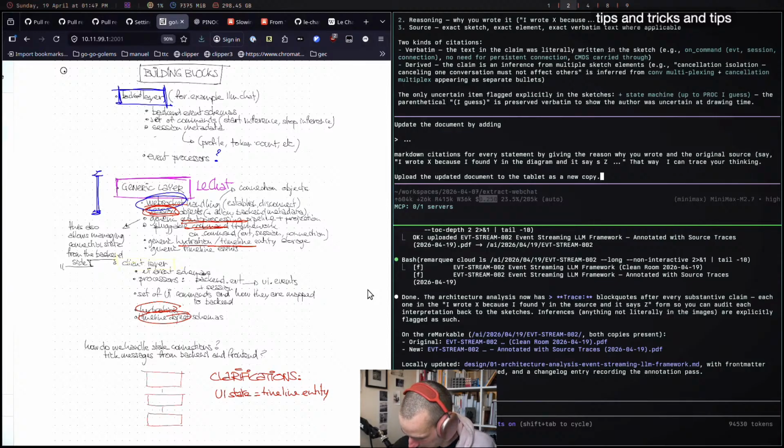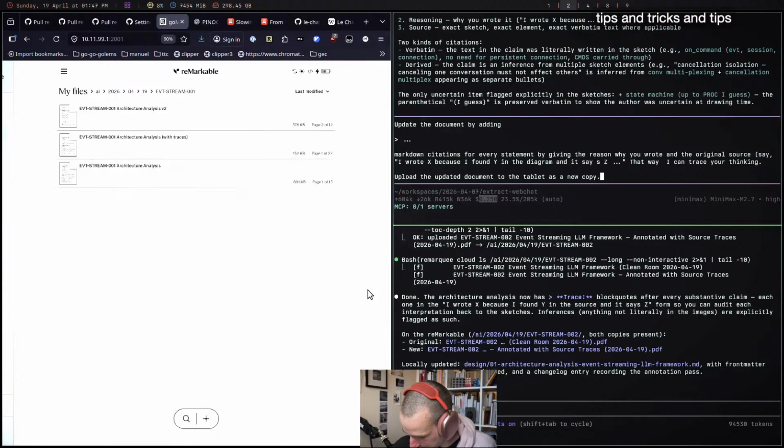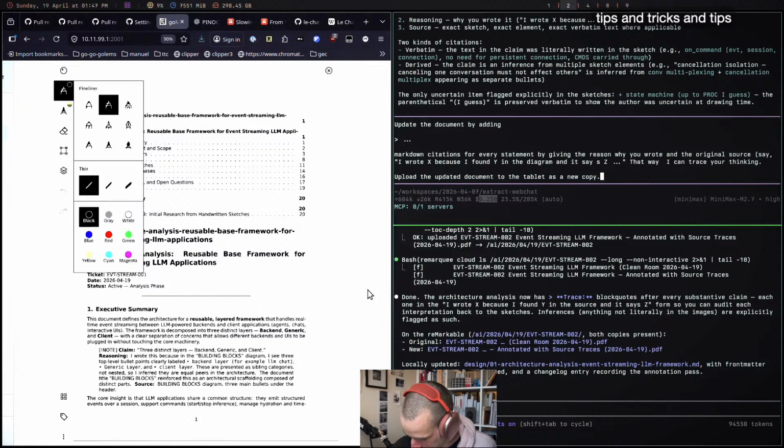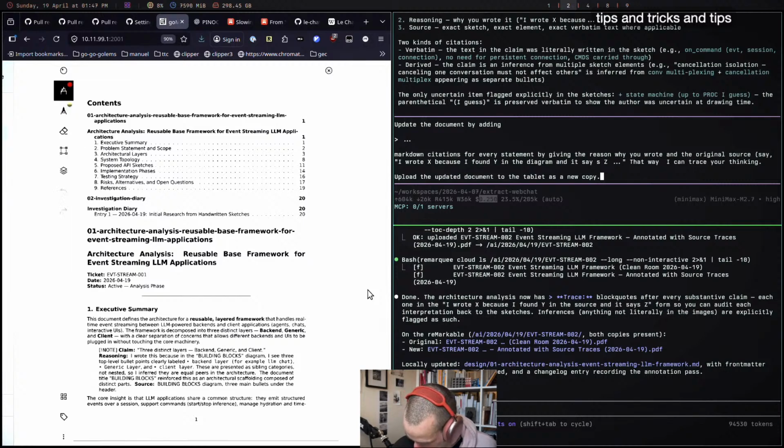So anyway, let's continue. Now we have the with-traces document, so maybe we can go there and see if this confirms my thinking. If you remember, the first one I was pretty happy about, and now it says: I wrote this because in the building blocks diagram, I see 3 top level bullet points clearly labeled: backend layer, generic layer, and client layer.